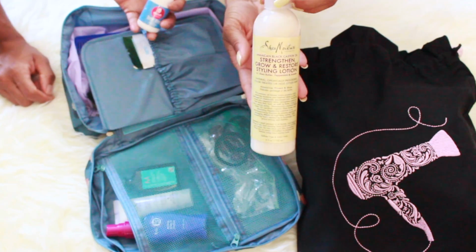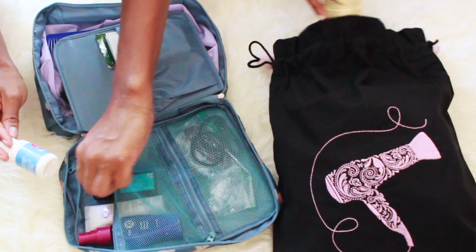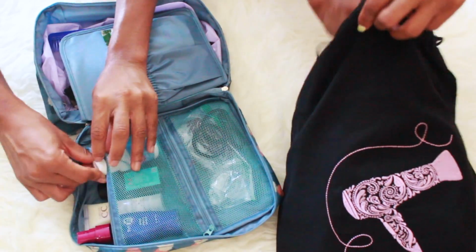So moisturizer is great. We like to carry a small moisturizer. I just have a big bottle of moisturizer, because I don't have a small one, but Ebony has a small one. My main moisturizer that I use is really big. Sometimes I might take it, but since I do have a small moisturizer, which is why it's so good,